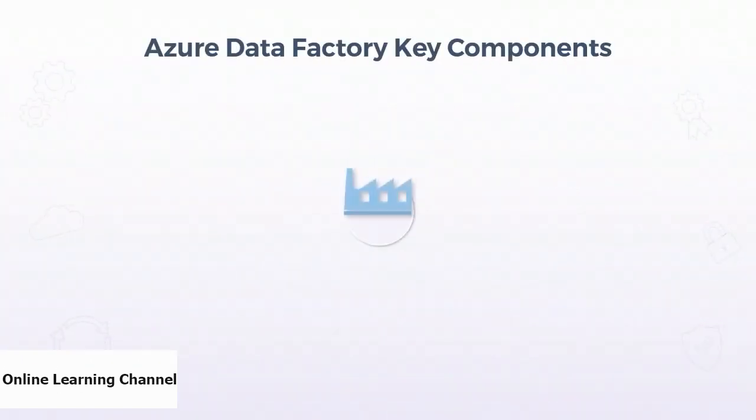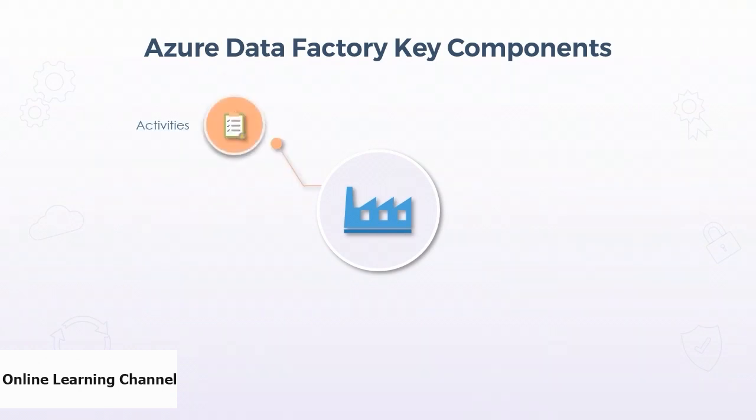Azure Data Factory key components. Your Azure subscription may have one or more Data Factory instances attached to it. So what are some of the key components? First one of these would be activities. They represent a processing step in a pipeline. So you may want to use, say, a copy activity to copy data from one data store to another data store. We also have data flows. You can create and manage graphs of data transformation logic that you can use to transform any size data. You can build up a reusable library of data transformation routines and execute these processes in a scaled out manner